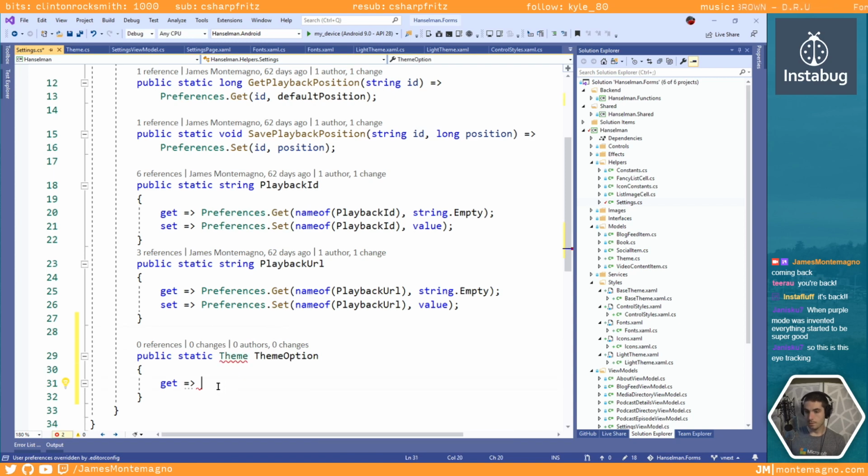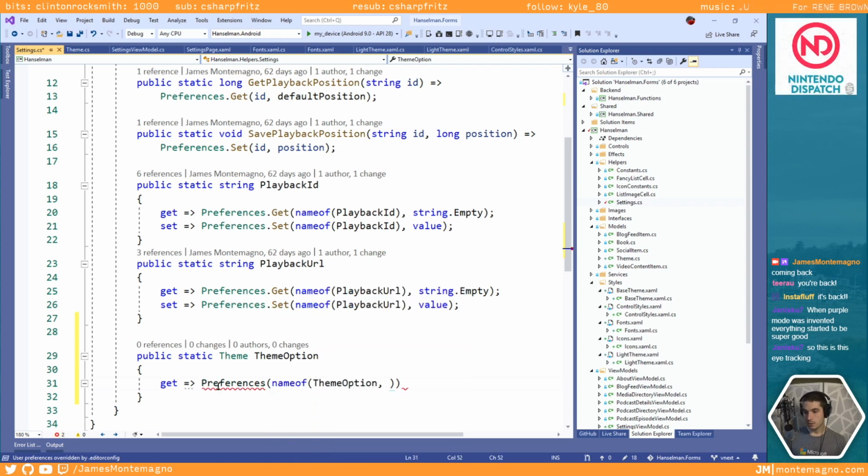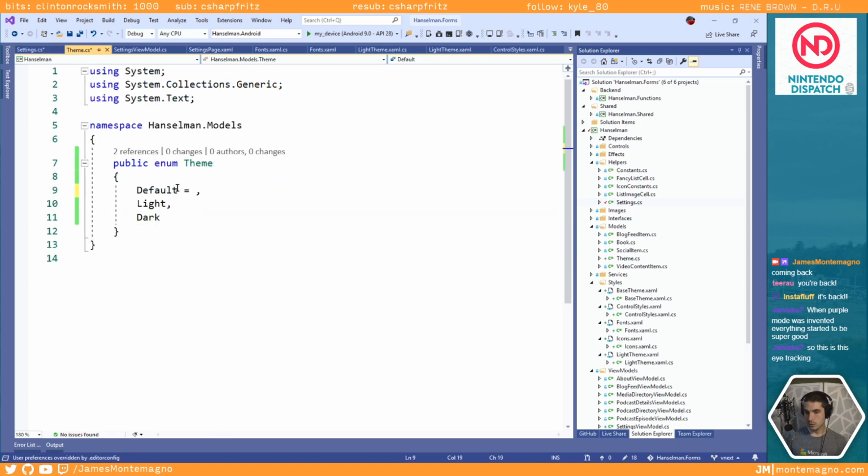And this would be Get, and this would be Preferences, name of theme option, alt would be theme default. Since we're using that, we're going to set these to important. That way, if we use them in the future, we know that we're using